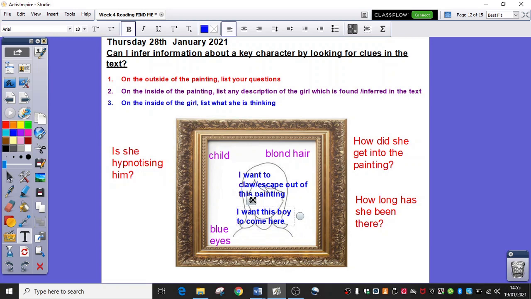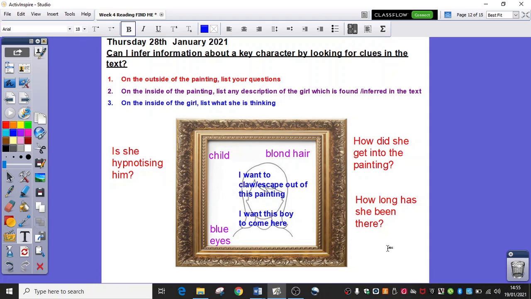Now you may add to that. You might want to say why you think, especially as you know what happens later. So use as much of your imagination and your inference skills as you can to add extra points in there. Now you don't need to colour code yours as I have. You can if you want to. I've done that just for the purpose of helping to explain the task to you, but that is up to you. So good luck with that activity, and I'm really looking forward to seeing all of your ideas about this